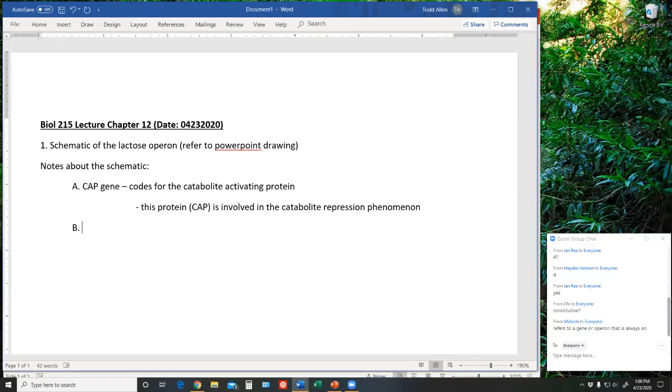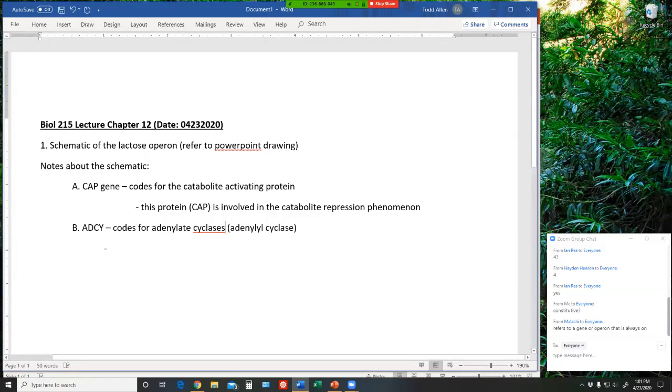All right. Next, the ADCY gene. Okay. Codes for adenylate cyclase, which again is also known as adenylyl cyclase. Okay. This enzyme, this protein, this enzyme is actually manufactured in an inactive state. Okay, so the gene is on all the time. It's constitutive, and we're constantly cranking out adenylate cyclase enzyme, but the adenylate cyclase enzyme is manufactured in a turned